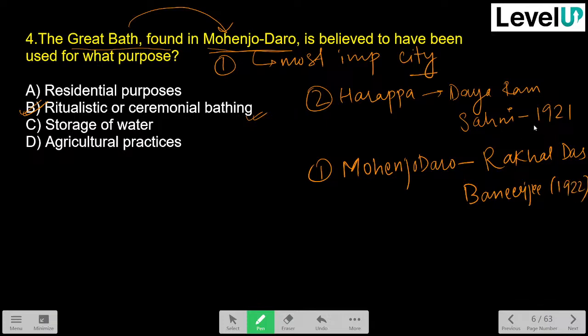So Daya Ram Sahni excavated Harappa first in 1921, and Rakhal Das Banerjee and another excavator excavated Mohenjo-daro, or you can say discovered Mohenjo-daro, in 1922, just the next year, right? So these two names are very important. You have to memorize it. You have to remember it. Next,